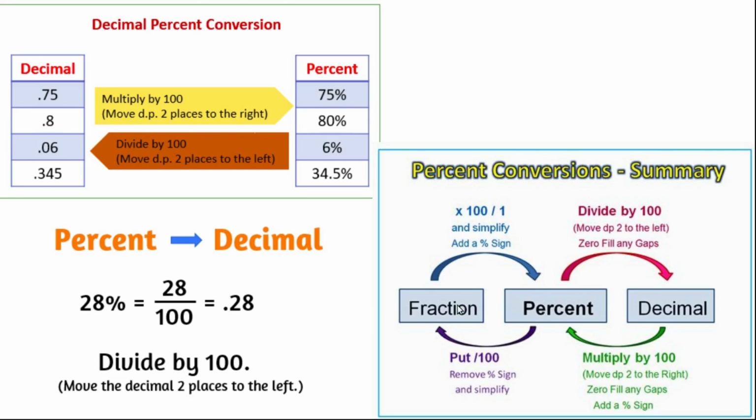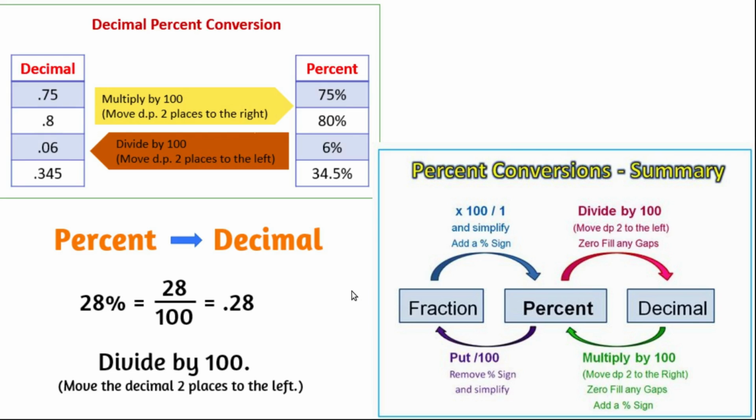So here we have fraction to percent, percent to decimal, decimal to percent, and percent to fraction. Whenever we convert fractions and decimals to percent, we just multiply by 100 and keep the percent sign. Whenever we convert percent to fraction or percent to decimal, just divide by 100, right? Simple. Understood? If you want you can pause it here and make a note or go through it again.